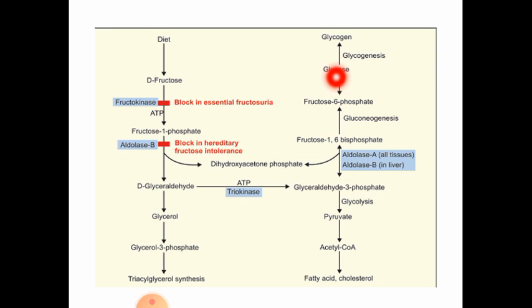Glycolysis is the synthesis of pyruvate from glucose. In glycolysis, glucose is broken down to pyruvate. Gluconeogenesis is the synthesis of glucose from a non-carbohydrate substance like pyruvate. Then glycogen, you all know what is glycogen. Glycogen is a stored form of glucose. So, extra glucose is stored as glycogen, and when there is a shortage of glucose, this glycogen is broken down